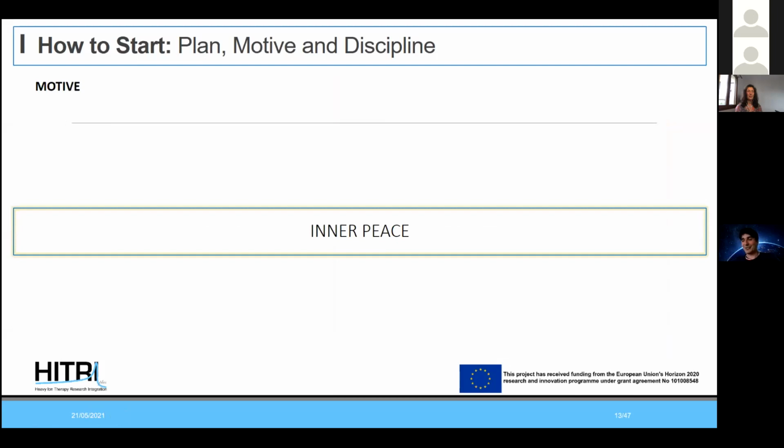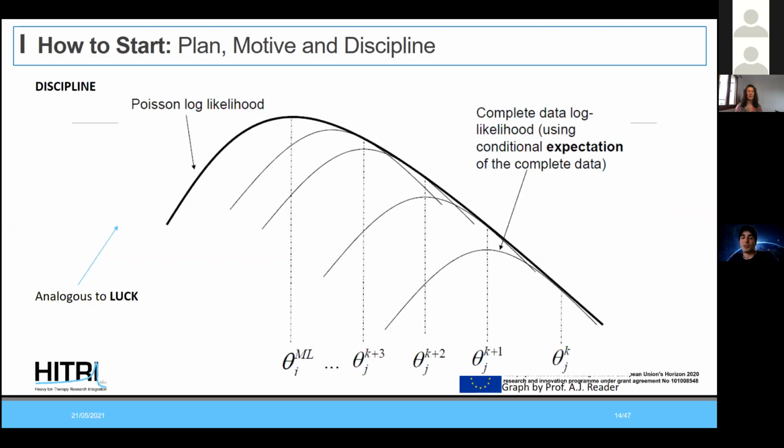Another thing that's really important while applying for a PhD is inner peace, to really accept the fact that you might get rejected and that a lot of the hard work you're putting in might not really be rewarded. And you shouldn't even be thinking about the outcome at the beginning, because it's a long and arduous process, which I